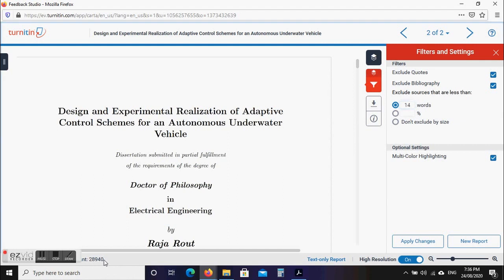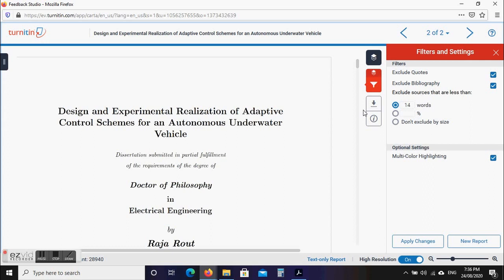For example, suppose there are 28,940 words in this particular thesis, and you want to exclude all those sources which contain fewer than 200 words.